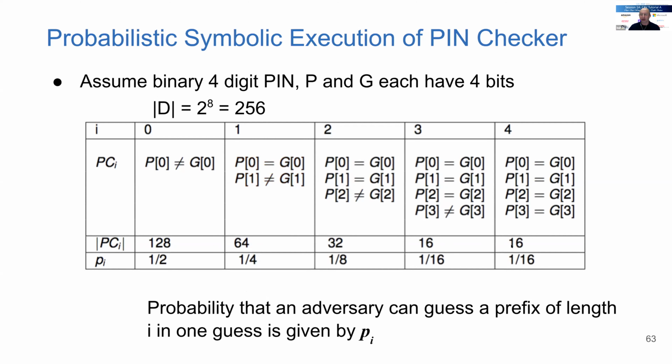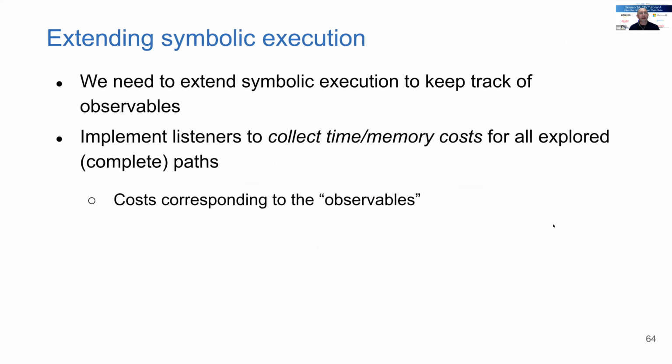So this is called probabilistic symbolic execution. It's an extension to symbolic execution. In addition to computing execution paths, you can actually associate a probability to each execution path. And to do that, all you need is a model counting constraint solver. So given a constraint, how many solutions does that constraint have? If I can do that, I can compute these probabilities, right? So now this is good.